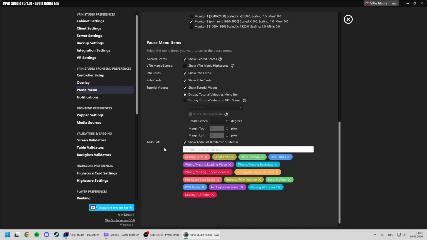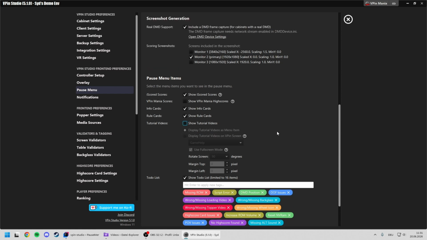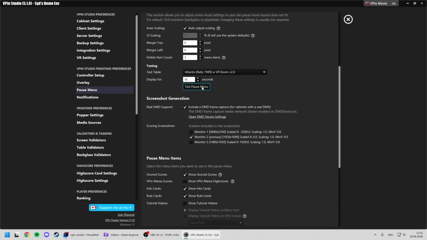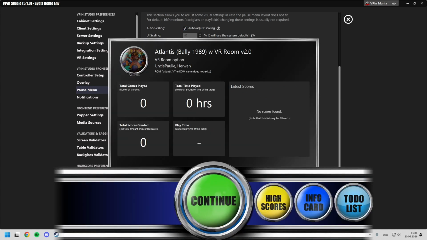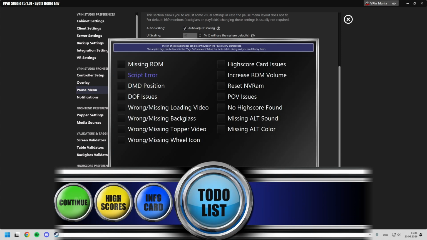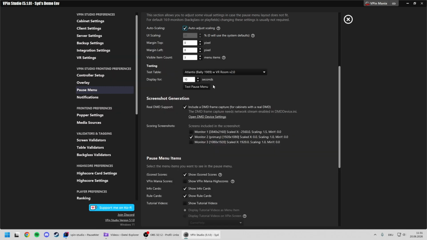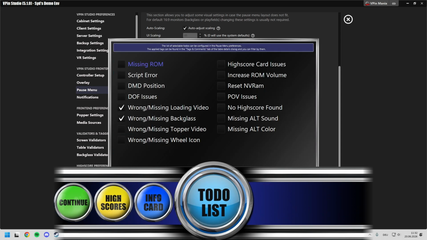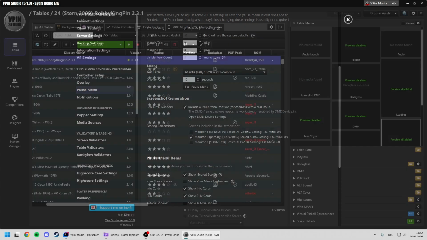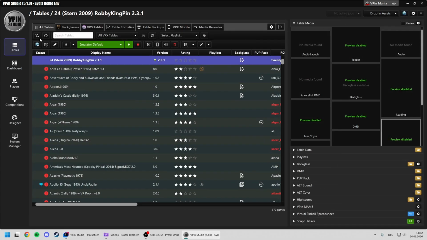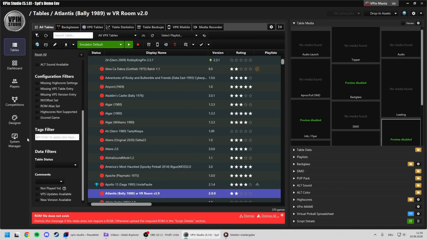So with the to-do list, you have a list of 16 action items you can enable and disable while playing. So let's start it again. First, I disable the tutorial videos, then I head again to the table tester and the pause menu tester. And if you head over to the to-do list, you can jump here with the key navigation again, and enable action tasks for the table, and then you can use the vpin-studio search, and here you enter